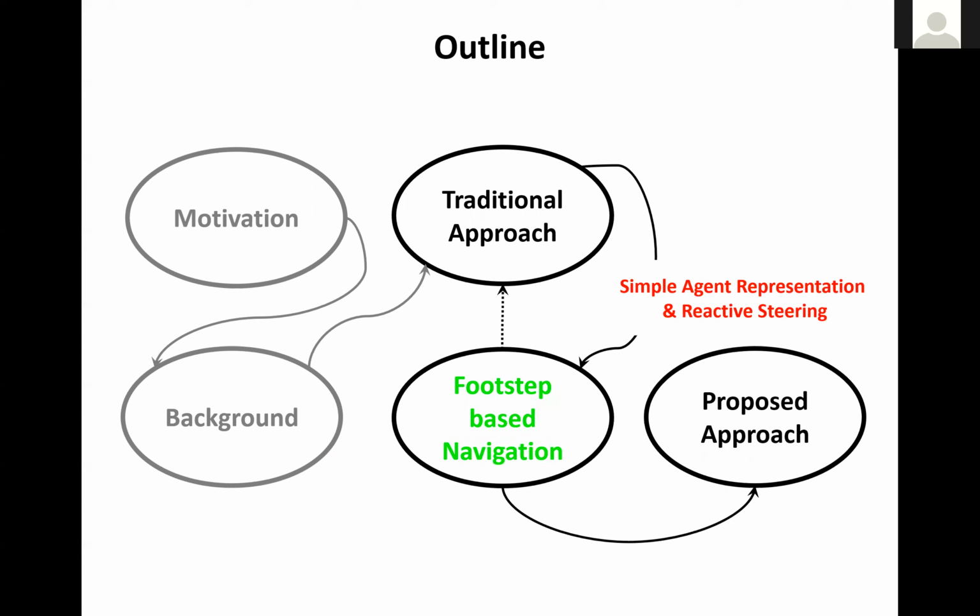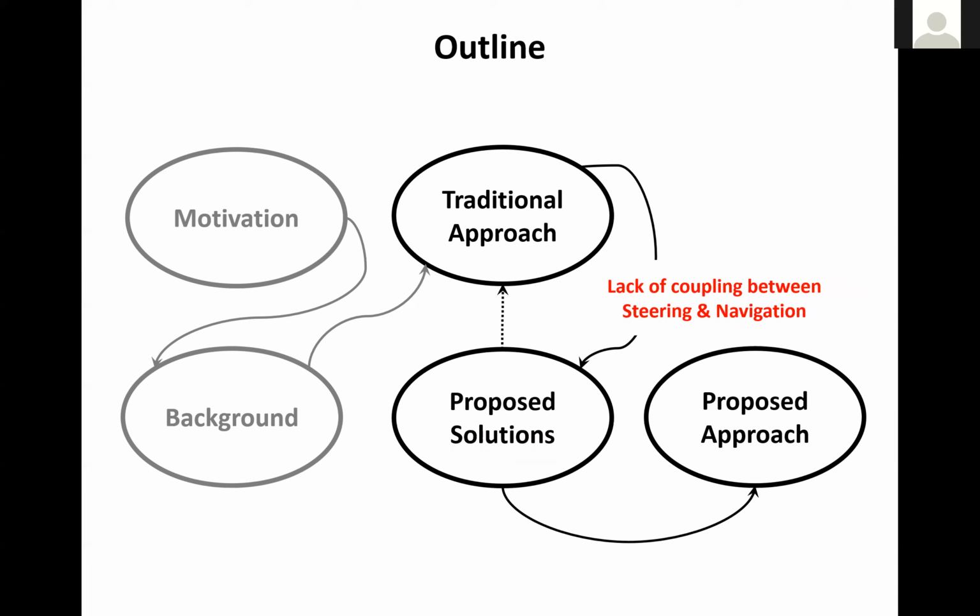The approach that we will take is a footstep-based representation of humanoid agents, and a planning-based control framework where these agents are able to extrapolate the future state of other agents while making their own navigation decision. The next thing we will talk about briefly is the lack of coupling between steering and navigation, so the pathfinding layer and the low-level control or steering layer. And we will talk very briefly about the potential use of multiple problem domains of representation and an integrated planning solution that can work across multiple domains of control.